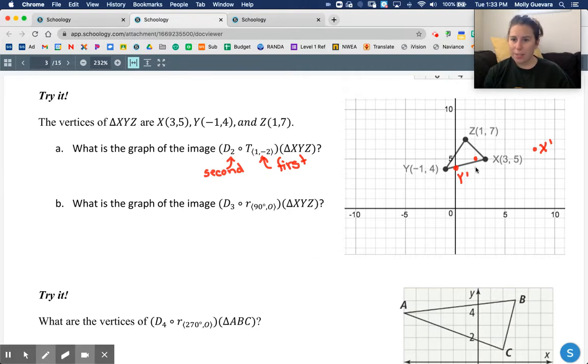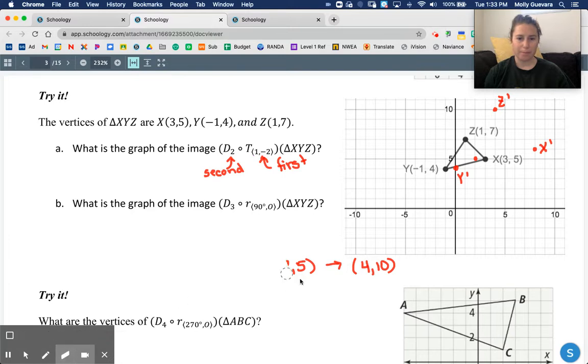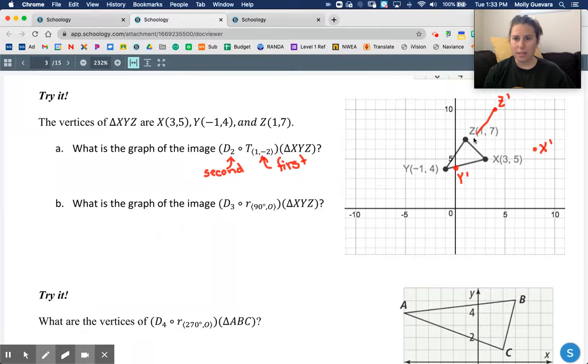The last one here is at 2, 5. So if I dilate that by a scale factor of 2, I will get 4, 10. So 4, 10. And that is going to be z prime. Okay, and then the last thing is I can just, let's get rid of this point too so it's not confusing. There we go. Last thing I can do is just connect my points